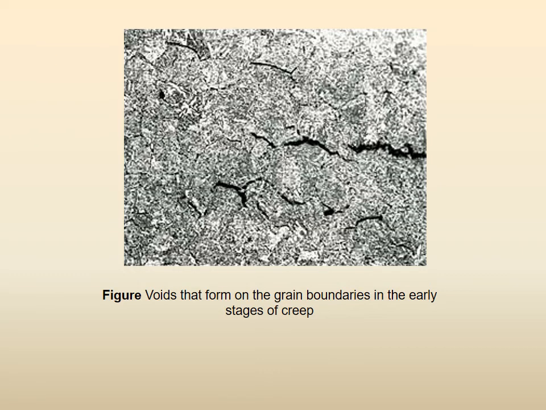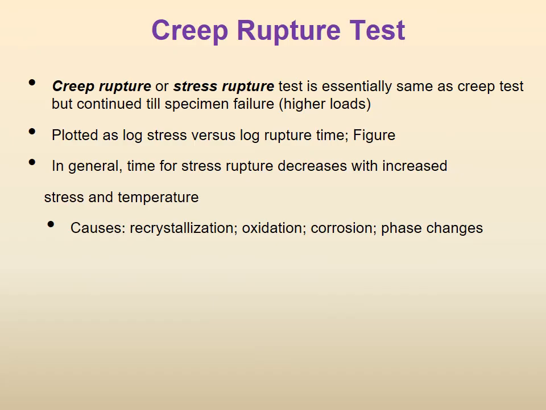We are showing you here voids, you see gaps and voids, and they are all on grain boundaries. Somewhere there are only small voids, somewhere the voids have connected together to make large fractures. That is how it happens. There might have been a small void here, here, here, but as creep went on at a given stress level and at a given temperature, those voids which were being created like cavities on the grain boundaries coalesced, they combined after a certain time, and then the fracture started to happen, right.